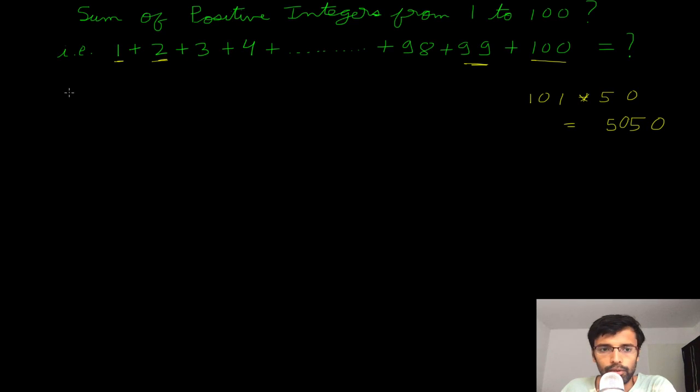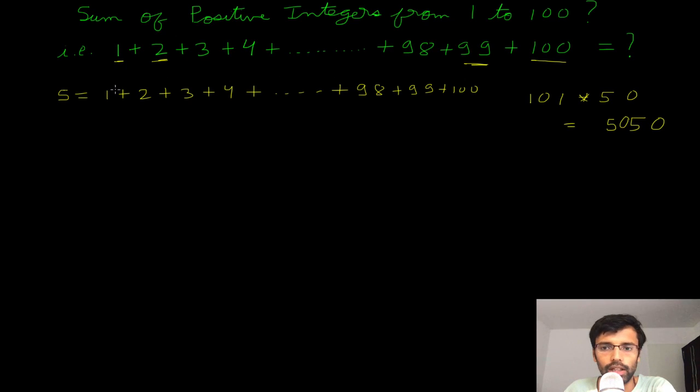So let us write more formally what we did. We have our sum S equal to 1 plus 2 plus 3 plus 4 and so on up to 98, 99 and 100. So let's just say we denote this sum as S. Now if we just reverse this,